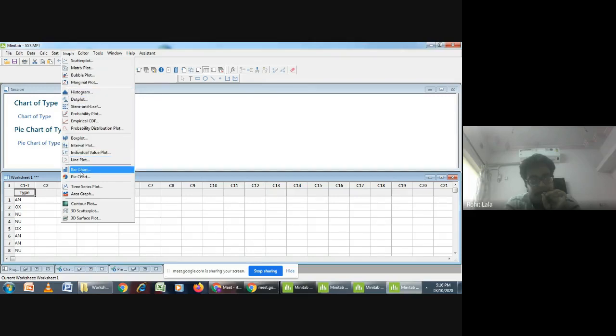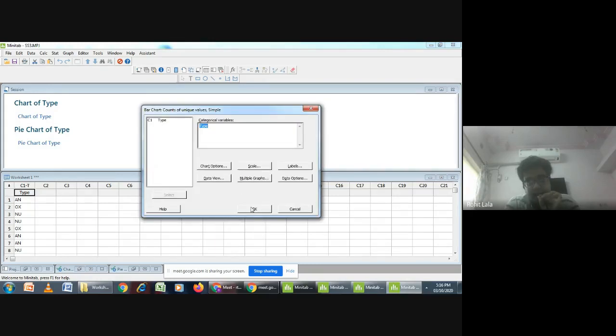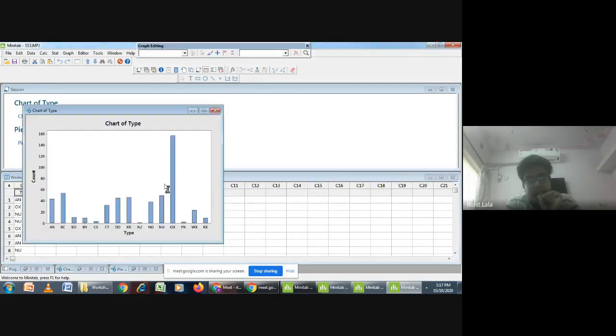So first I will plot a bar chart on this kind of variable. Obviously it would be a simple bar chart because one variable is there. I just click OK, and I enter the data, as I had practiced on this data set. When I click OK, you will find that the bar chart shows me the proper data. It shows me the least, that is N2 has the least count, whereas OX has the maximum counts. So that can be calculated through bar chart.